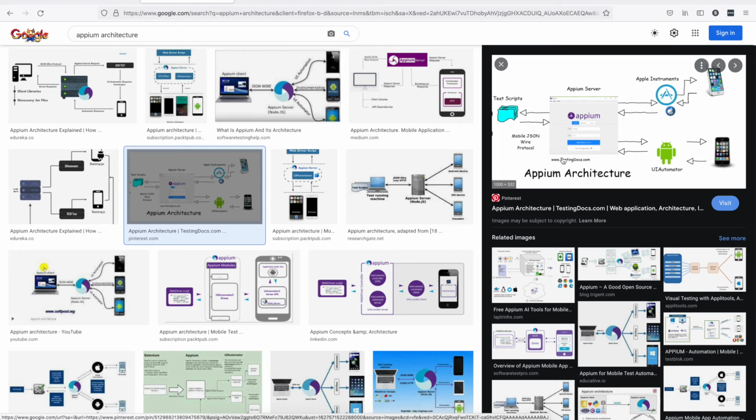You write, for example, a script for tapping. It will communicate with the APM server using these two underlying technologies, and then it will perform tapping either on an Android or on an iOS application. So it's a very cool automation tool for mobile applications. And if you already know Selenium, or you have worked with any other automation tool using Java or JavaScript, then it should be quite easy for you to pick up APM and start automating those things.